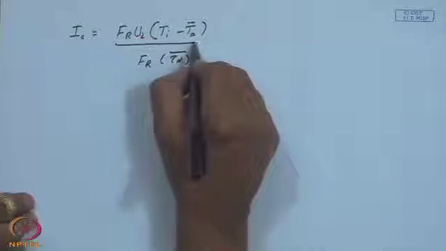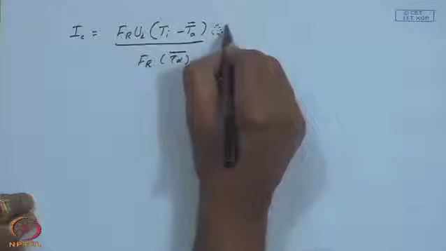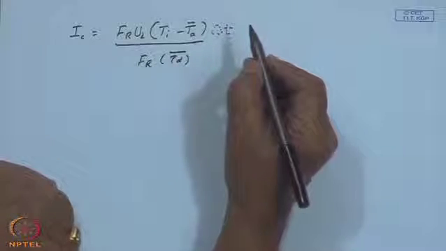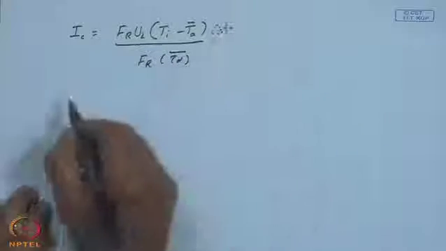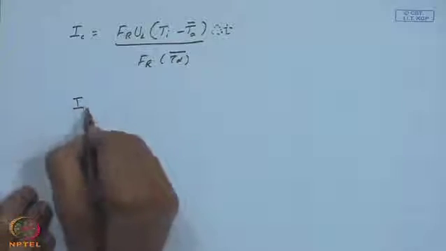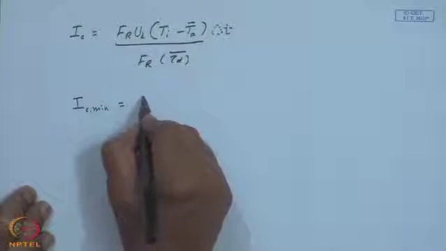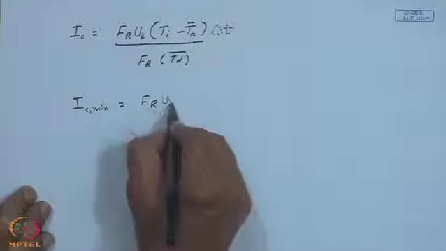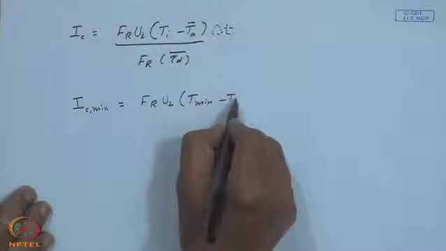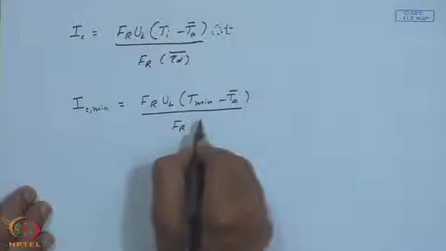And you should remember, here is a hidden delta t, which will indicate the time scale for which this is calculated. So, in terms of the minimum temperature above which energy delivery is desired, the same thing can be rewritten as F R U L T minimum minus T A bar by F R tau alpha bar,